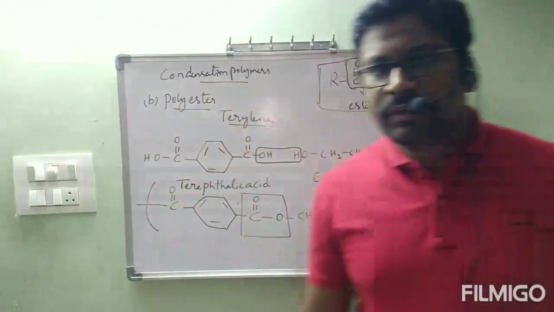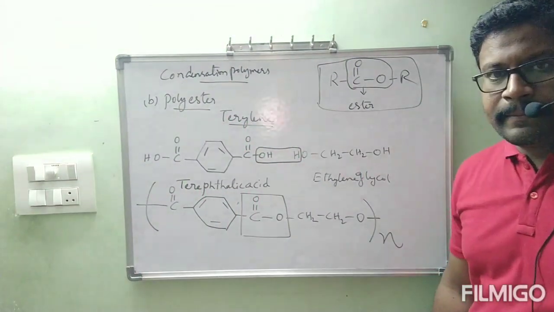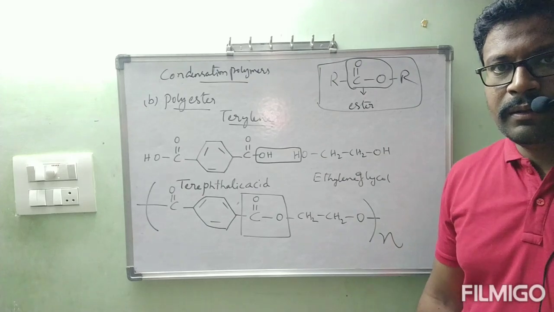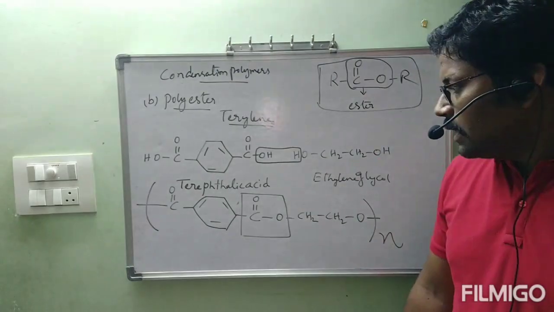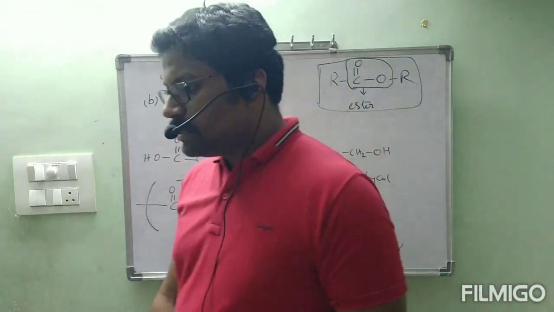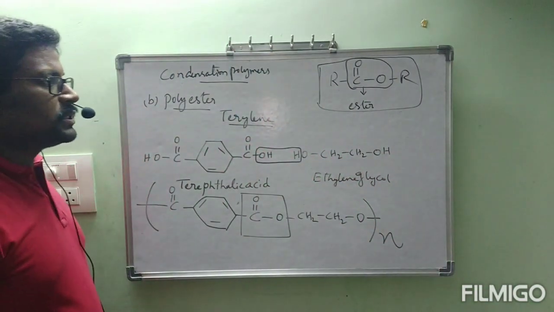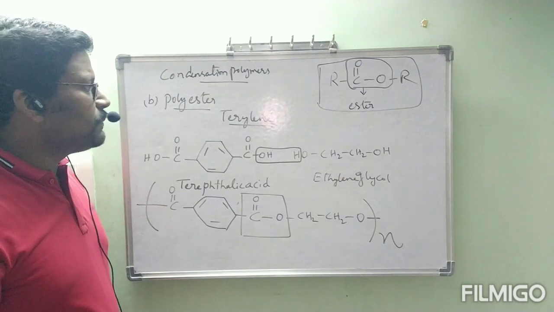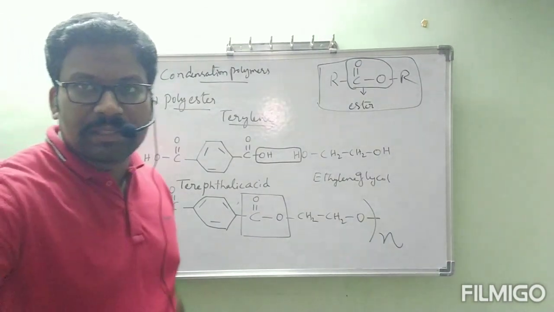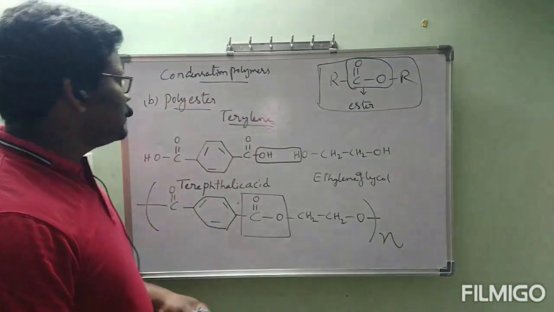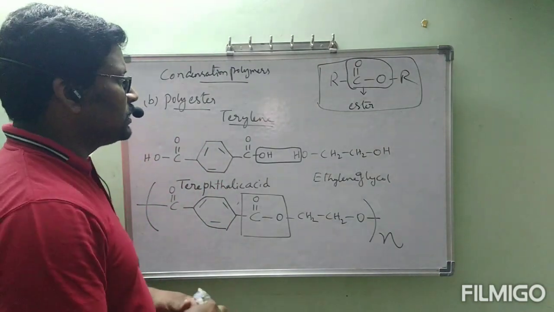Note down carefully, all of you. I hope you understood this concept. No problem with that one. We have seen two examples for condensation polymers till now. What are those? First one is polyamide, second one is polyester. Let us see the third one, all of you. The third one is